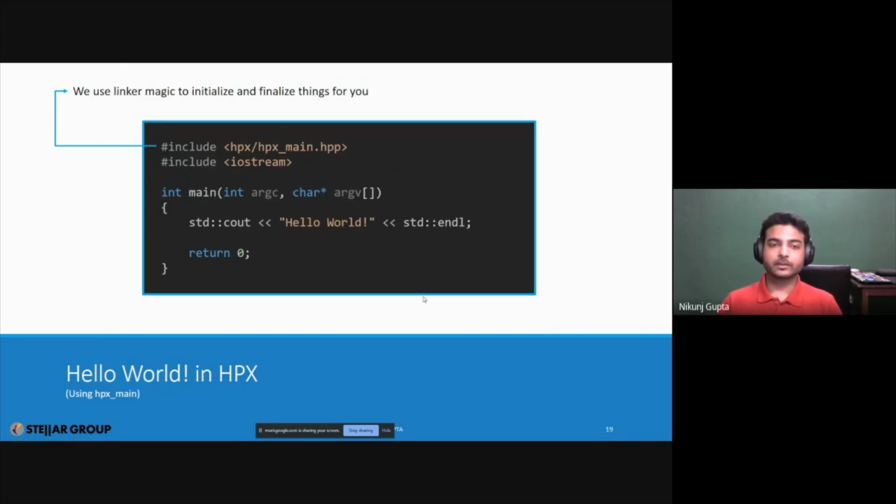We make use of special linker magic under the hood. Again, that's quite advanced stuff, but I can talk about it at length because I was the one who implemented it in HPX. Essentially, we use some linker flags and linker and compiler optimizations to initialize the whole application and finalize things for you.